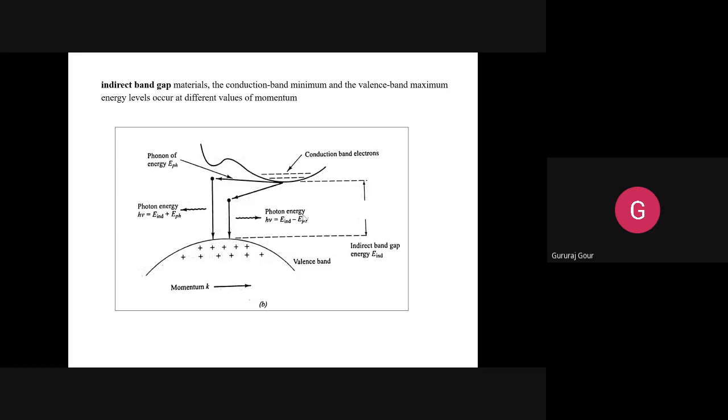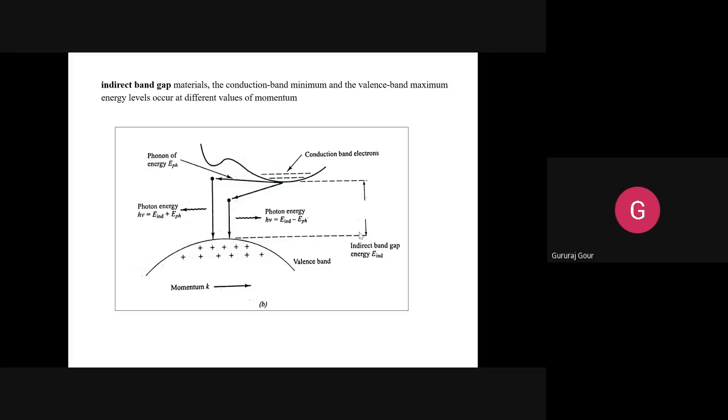So you can see more energy levels are there in the valence band compared to the conduction band, and the energy levels are related with the momentum. So these two are important observations that really differentiate between the direct band gap and indirect band gap. That is one of the questions I'm going to ask in your quizzes.